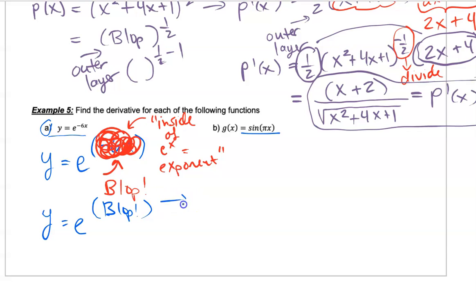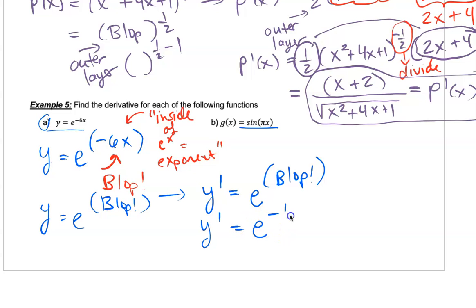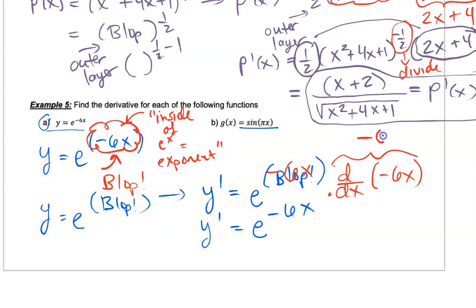And so the derivative of e to any power is just e to that power. So I start by just repeating the same thing. So I start by e to the negative 6x. But then I have to go back to what that inside function was, what my BLOP was. So it was negative 6x. And I have to multiply the derivative of that to the outside of e to the power. So the derivative of negative 6x is just negative 6. So in my derivative here, I'd have e to the power of negative 6x times the derivative of negative 6x,